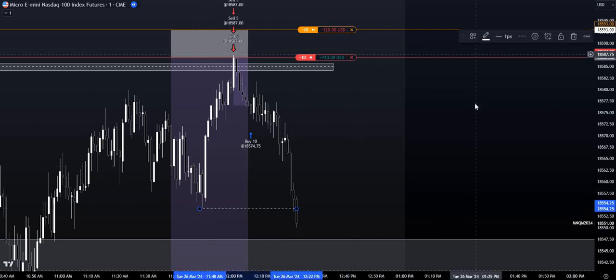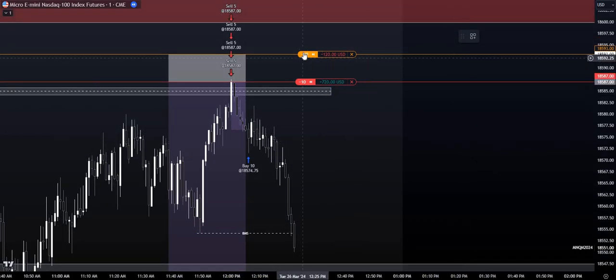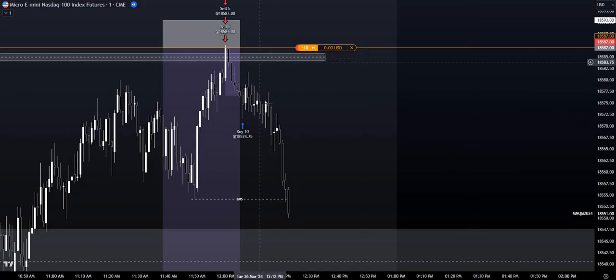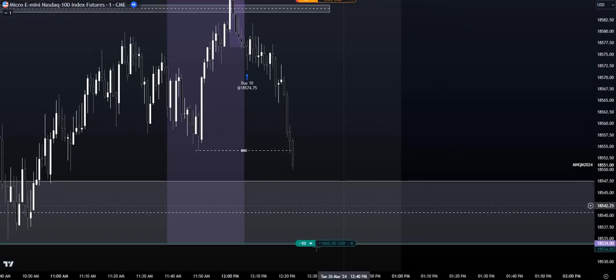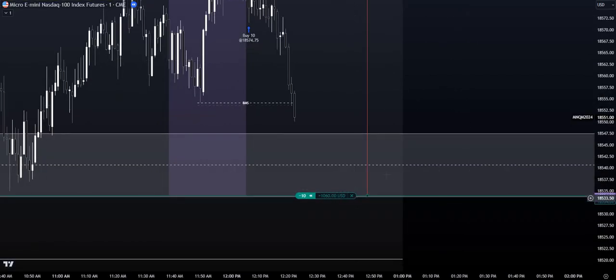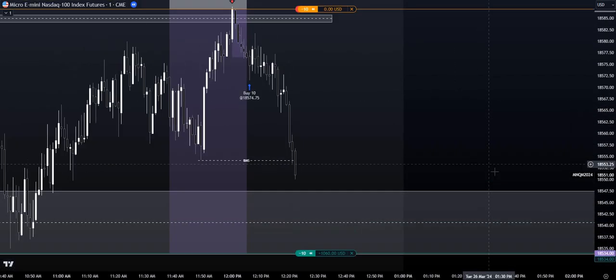So the next thing we're going to do now, because we got that break, we're going to be changing our stops to break even. So let's say we get stopped out on this trade here. We don't lose any money, but we already took a partial, so we're in profit for this trade. But let's say we take this and we hit TP here. We are going to be up $1,060 plus whatever partial we took.